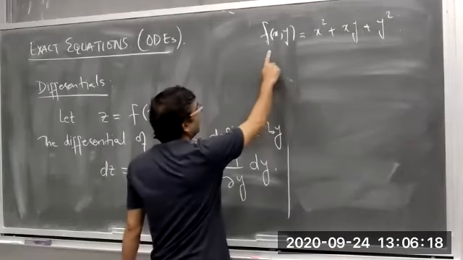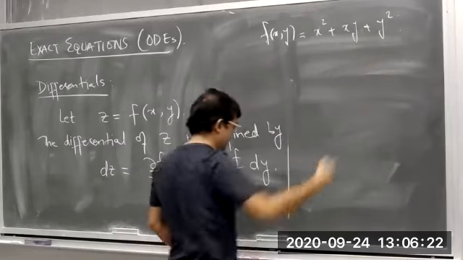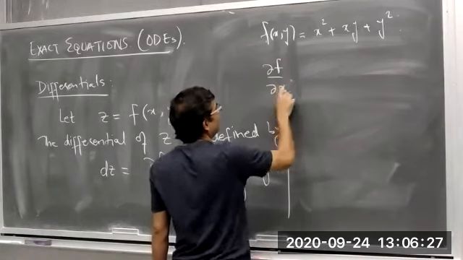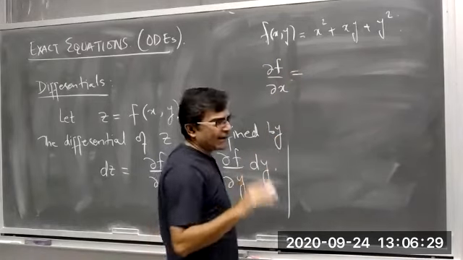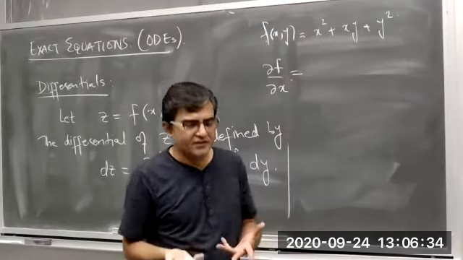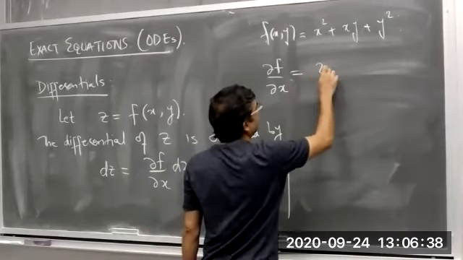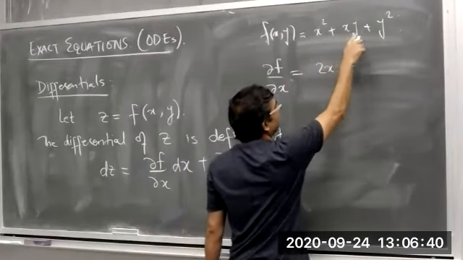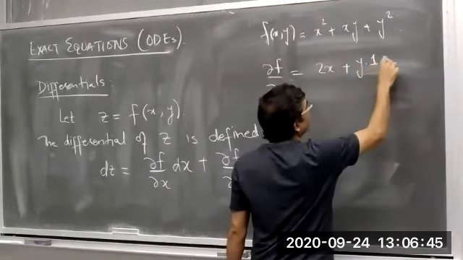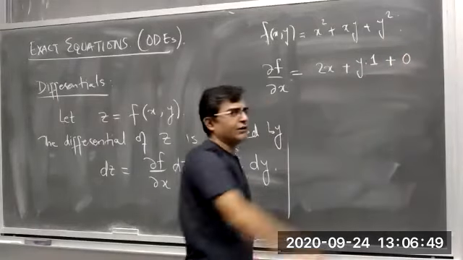If we have any function f of x y equal to x squared plus x into y plus y squared, so इसका partial f और partial x क्या होगा? इसमें x को हम वेरिएबल कंसीडर करेंगे और y को एज अ कांस्टेंट ट्रीट करेंगे, ठीक है। तो पार्शियल f और पार्शियल x क्या होगा, x स्क्वायर का डेरिवेटिव 2x प्लस y यहाँ पे कांस्टेंट होगा, y एज इट, x का डेरिवेटिव 1 प्लस y स्क्वायर कांस्टेंट है तो कांस्टेंट का डेरिवेटिव 0 होगा, ठीक है।